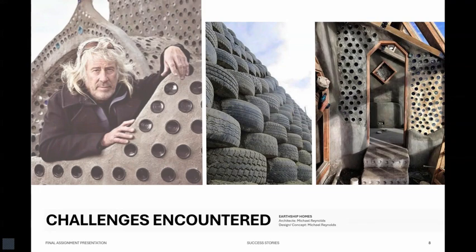There are also challenges that come with this modality. In my opinion, Earthship homes by architect Michael Reynolds are an example where too much of this control can be given to the end user to the point where it could harm the product and eventually the end user. In these types of communities built by this architect, they used a lot of scrap material, a lot of trash materials such as tires and glass bottles.